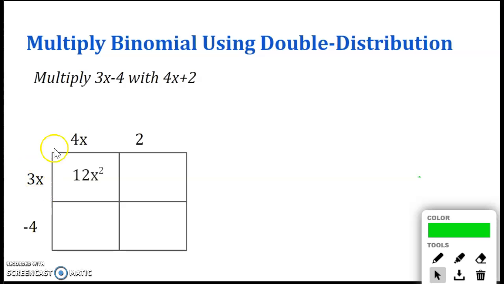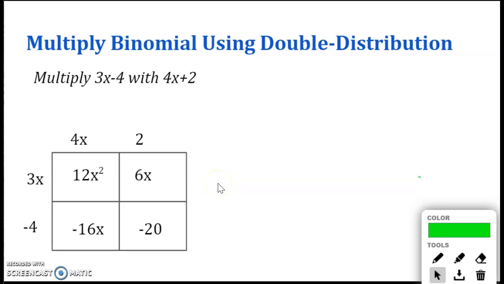Then you multiplied 4x times 3x to get 12x squared, and then 3x times 2 to get 6x, and then 4x times negative 4 to get negative 16x, and then 2 times negative 4 to get negative 20. Oh, that's a typo there. Okay, so I'll need to fix that. All right, so, but